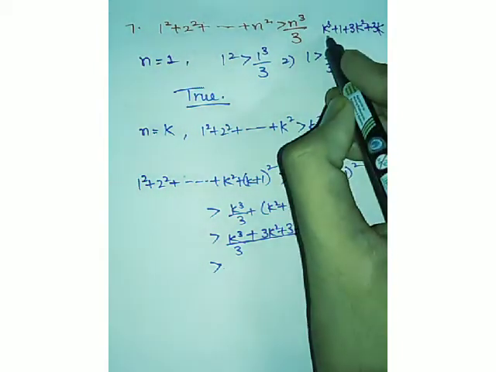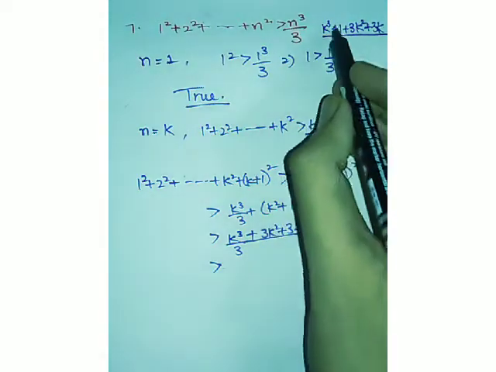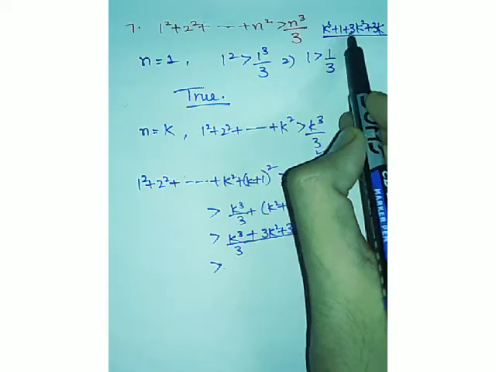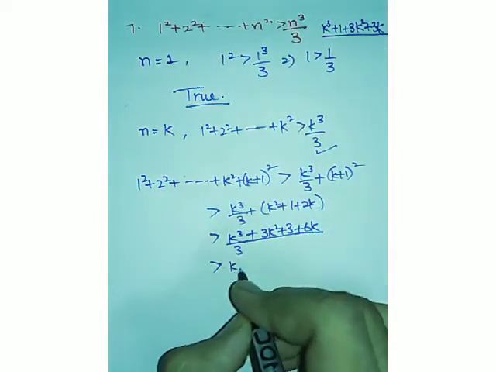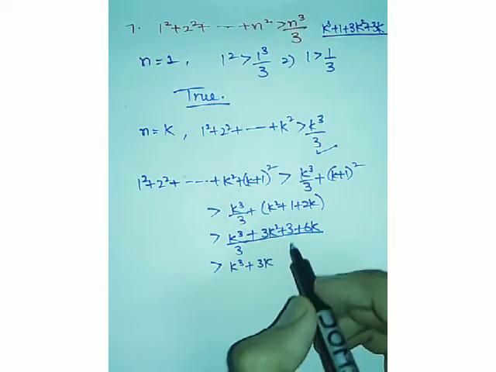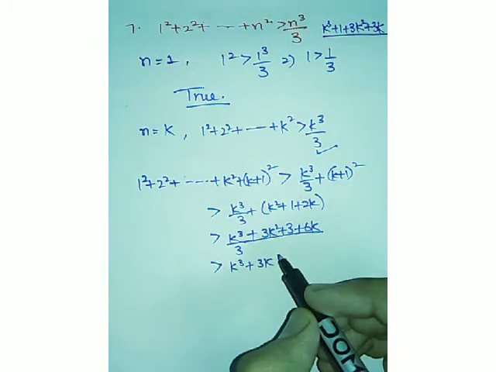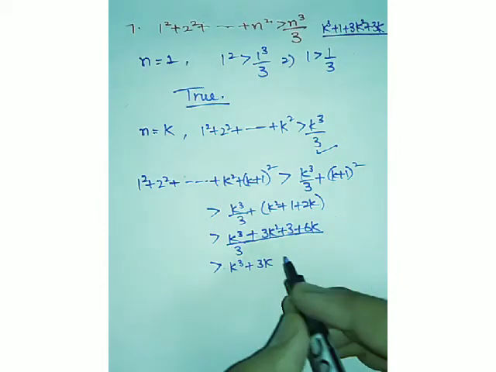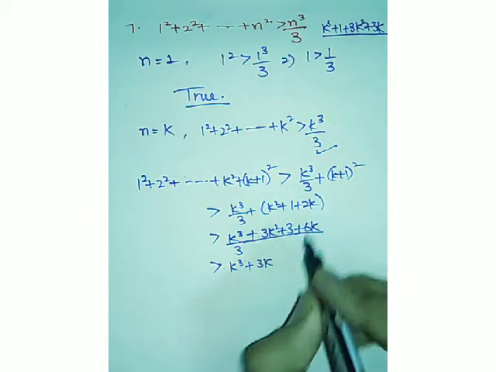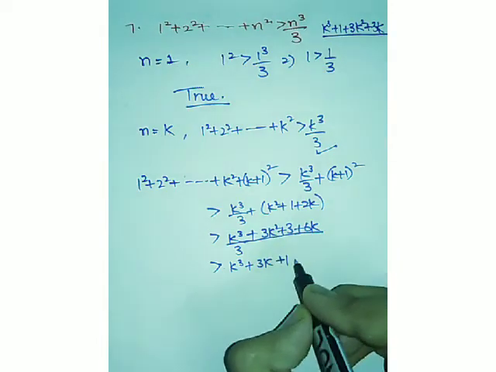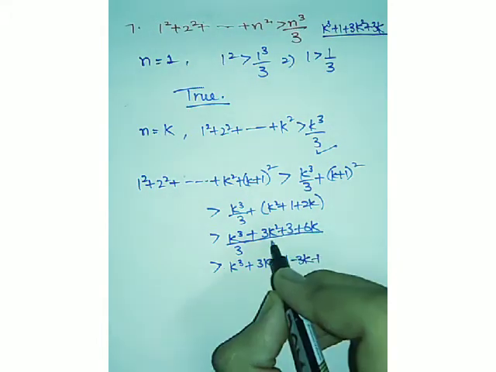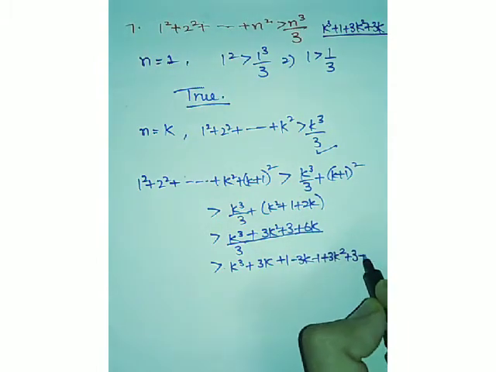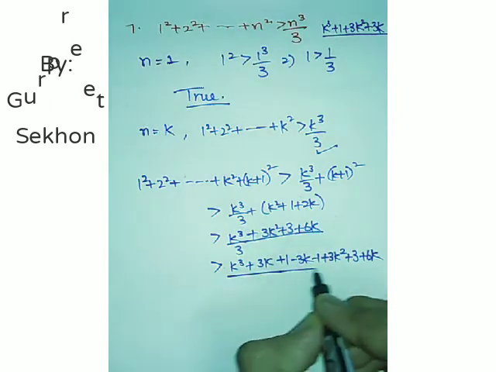Okay, so this is what we have to write. Now we have k cube and we have 3k square as well. What we don't have is plus 1 and plus 3k. So we will add plus 1 plus 3k and subtract 1 minus 3k from our side. What will you get? Plus 3k plus 1 minus 3k minus 1, then these three terms, plus 3k square plus 3 plus 6k upon 3,